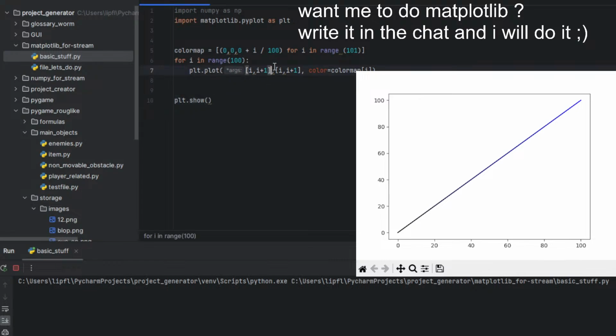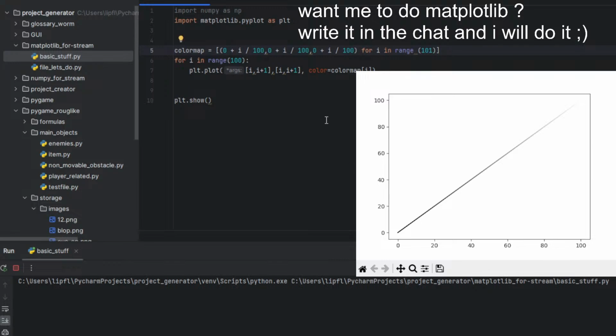Now let me use something else like plus. Now this should be black to white. Yeah, it goes black to white. Perfect. That's what we are talking about.